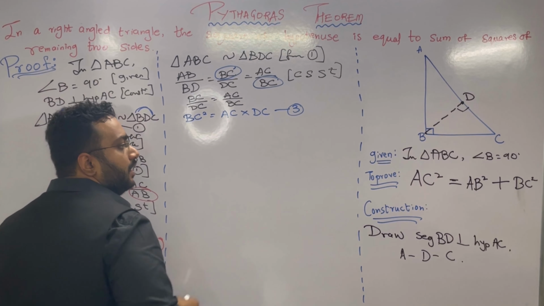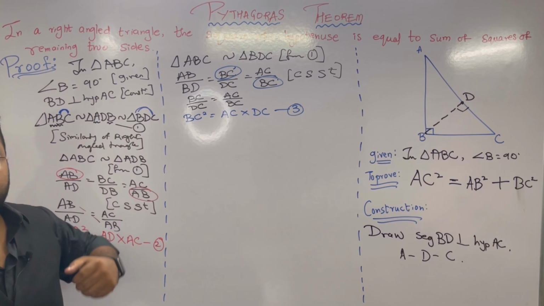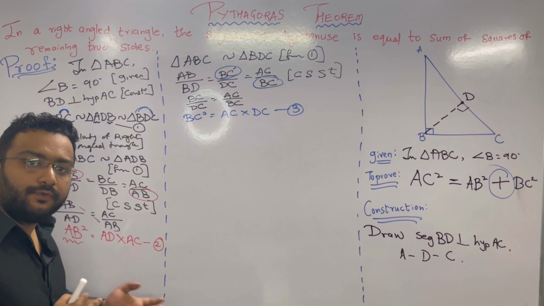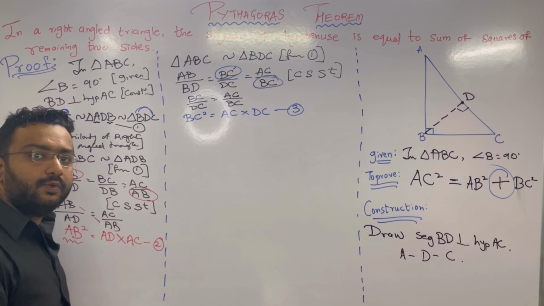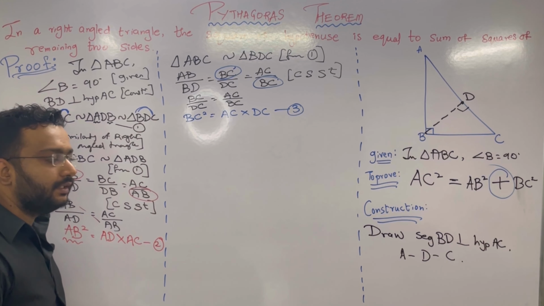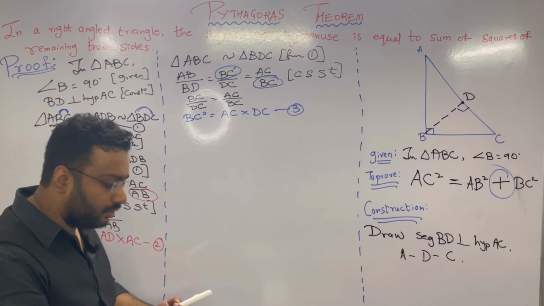Now see, if you observe, we need AB square. Yes, we got AB square in equation 2. We need BC square. Yes, we got BC square in equation number 3. अब इन दोनों के बीच में क्या रिश्ता है देखो जरा ध्यान से. The relation between these two is addition. That means if we have BC square, if we have AB square, and we need addition, we need to form a relation of addition. So what we can do is we can simply add equation number 2 and equation number 3. Why did we add? Because in the proof we need addition. We need the sum of those two sides.